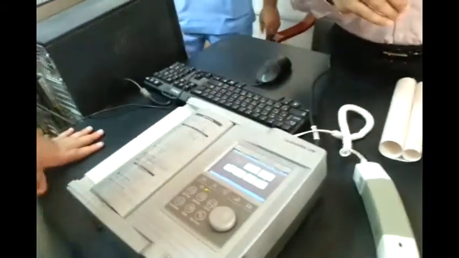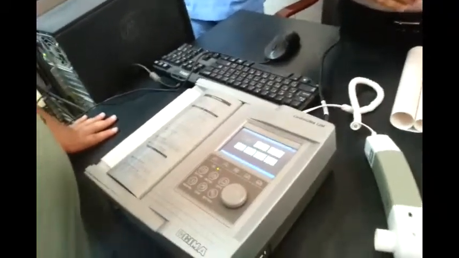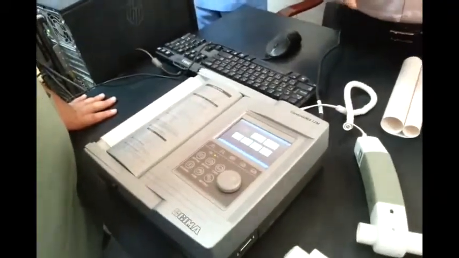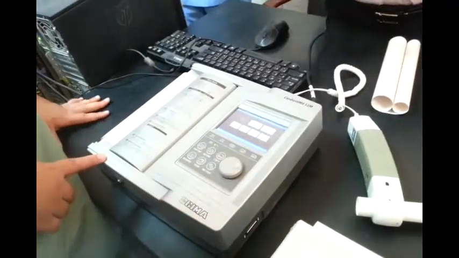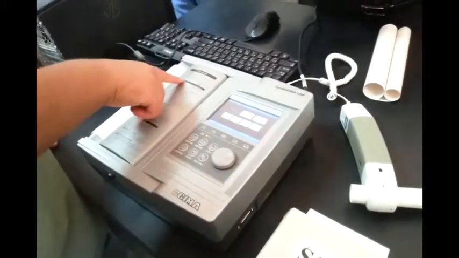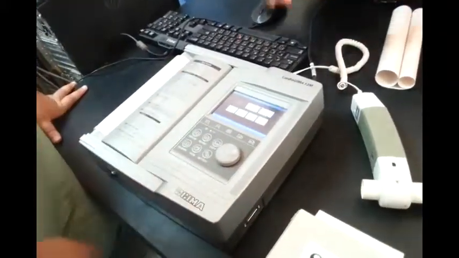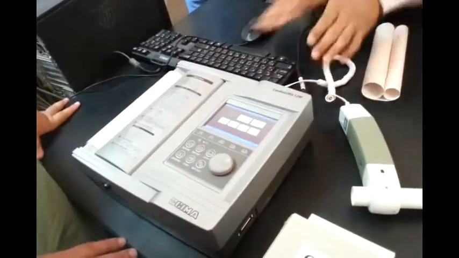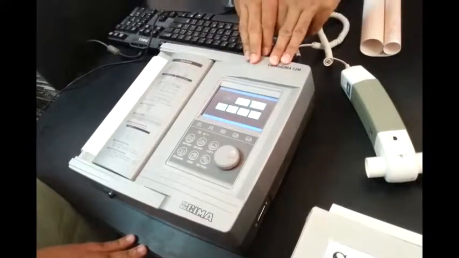Is it always used with abnormal conditions? Yes. I gave you four major reasons: diagnostic, monitoring for evaluation and rehabilitation, and screening for public health. So there are many uses for this. Can it record the heartbeat? Yes, it has multiple uses. This particular machine can be used as an ECG machine and also as a spirometer.